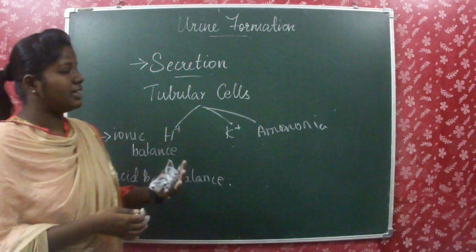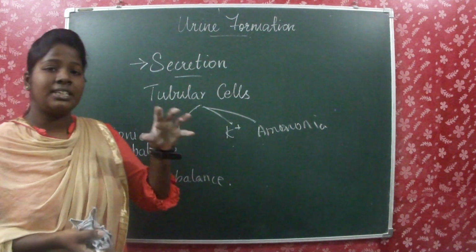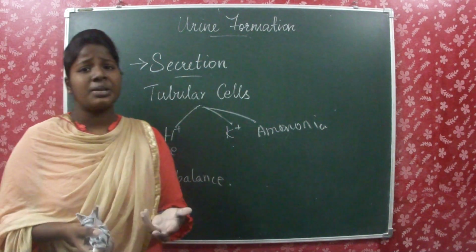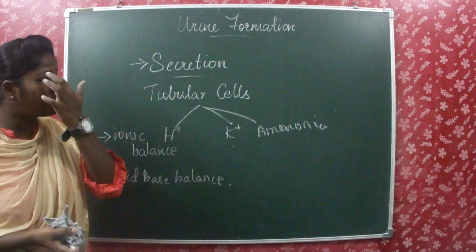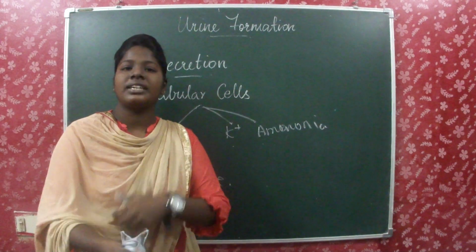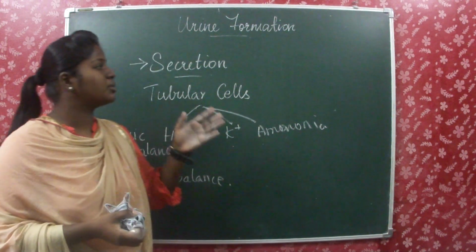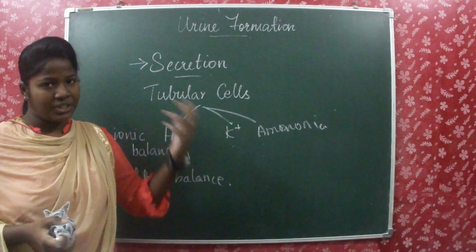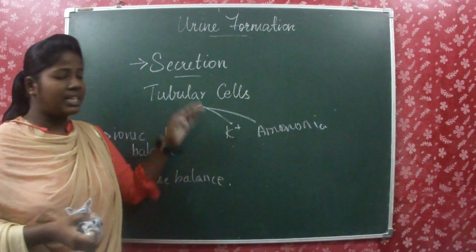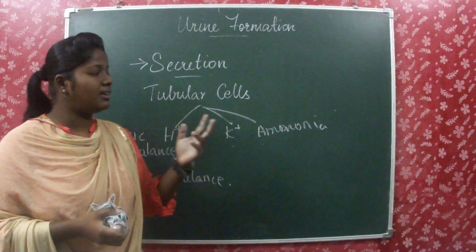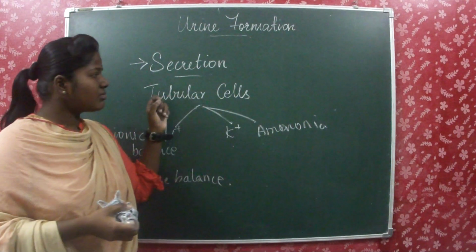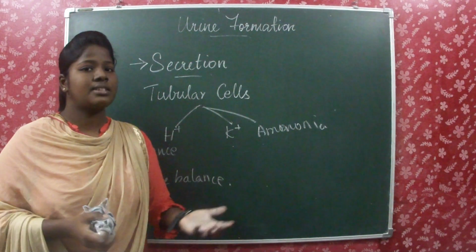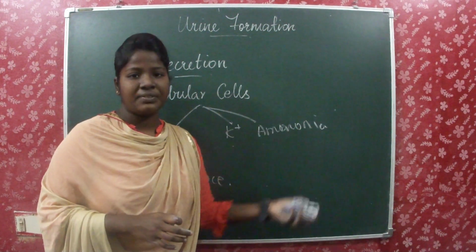So once again we will go for a revision. The urine formation takes place by three main processes in the nephron: glomerular filtration, reabsorption and secretion. Glomerular filtration takes place in the glomerulus, and the filtrate formed is about 1100 to 1200 ml, which is equal to 1/5 of the blood pumped out of each ventricle. The glomerular capillaries have 3 layers: the glomerular endothelium of the glomerular blood vessels, the epithelium of Bowman's capsule, and the basement membrane between these 2 layers.